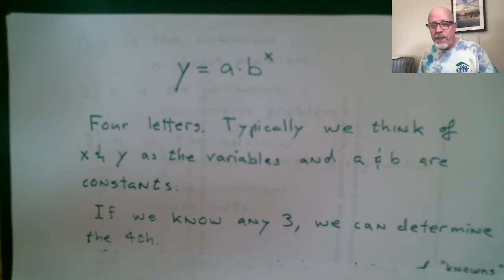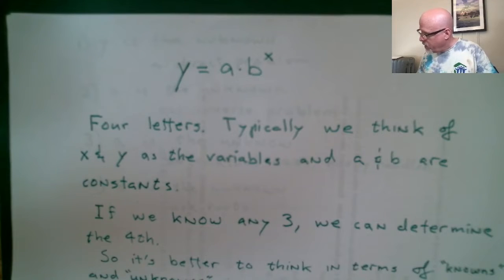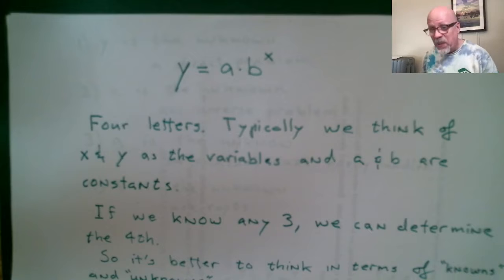The point really is if you've got 3 out of those 4 that are known, then you're going to be able to solve. You can figure out the 4th one if you know any 3. So I do like to use this terminology. I think it's more useful to talk about knowns and unknowns versus what's the variable. Because everything is a variable. It's really just a linguistic distinction to say that some things are constants. Everything where you're using a letter in place of things that usually would be numbers, that's a variable. All right, so